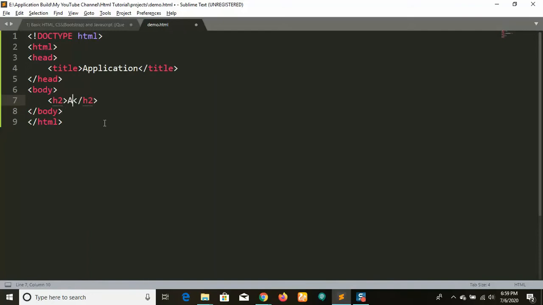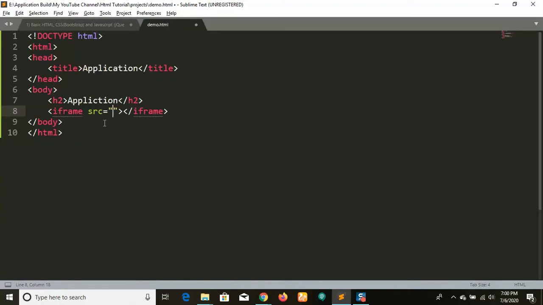Let's give the name. It's a heading tag. Then it is the iframe tag, and it has the src attribute, where we'll give the value. By default, if you want to run anything in the iframe, we give the path here.